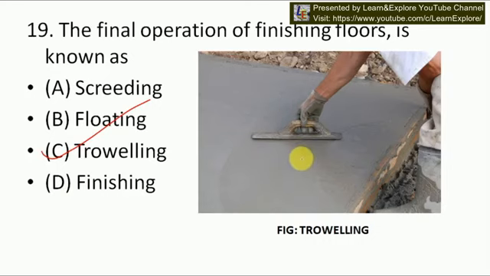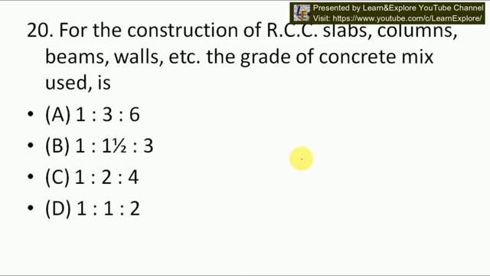Okay, so our next question is, for the construction of RCC slabs, columns, beams, walls, etc., which grade of concrete mix is used? A, 1:3:6, B,